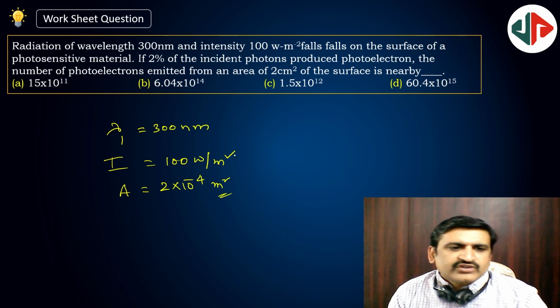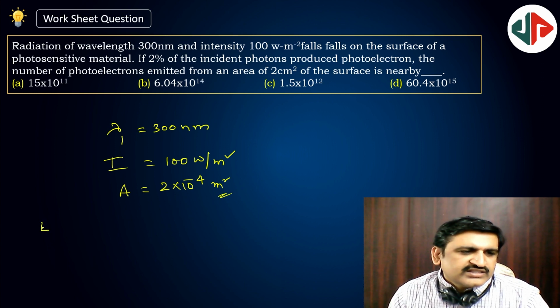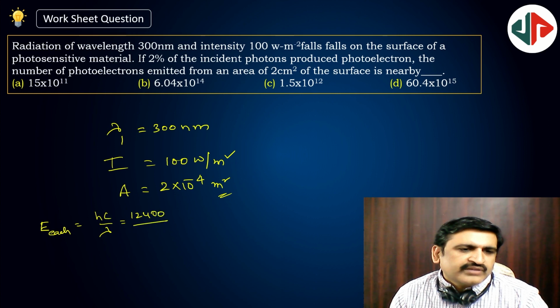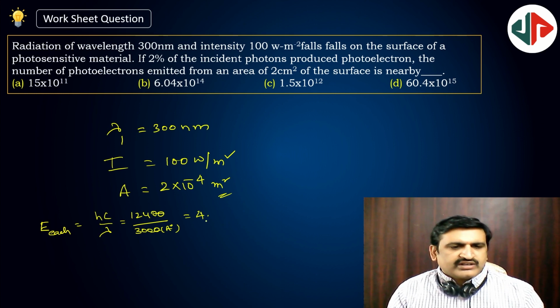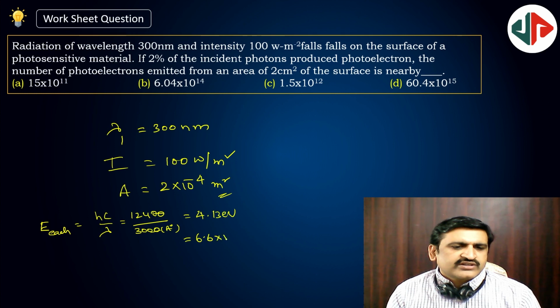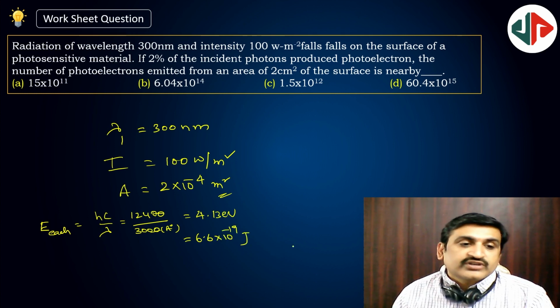Energy of each photon is equal to hc by lambda. 12,400 by 3,000 angstroms. So two zeros will go, roughly 4.1, yes, 4.13 electron volt. In joule it will be 6.6 into 10 to the power of minus 19 joule. This is the energy of each photon. Now